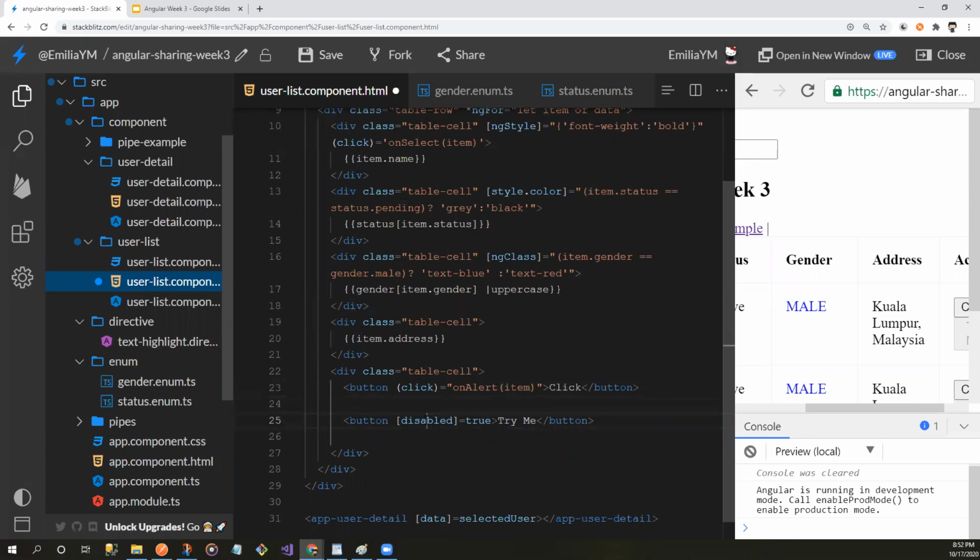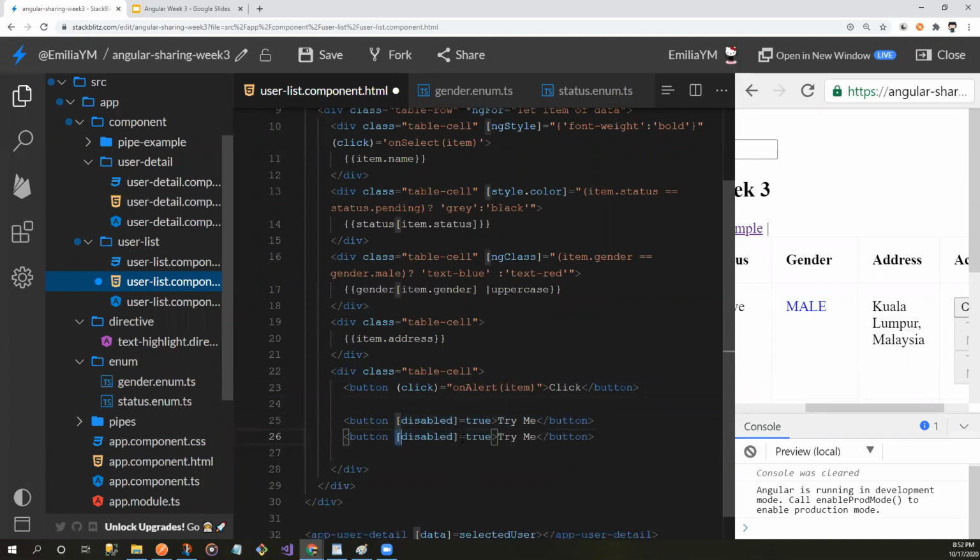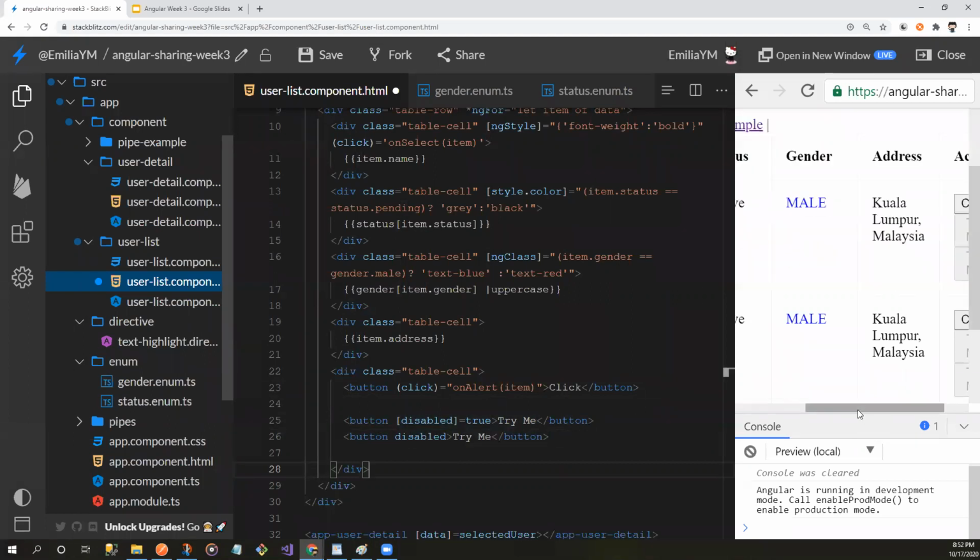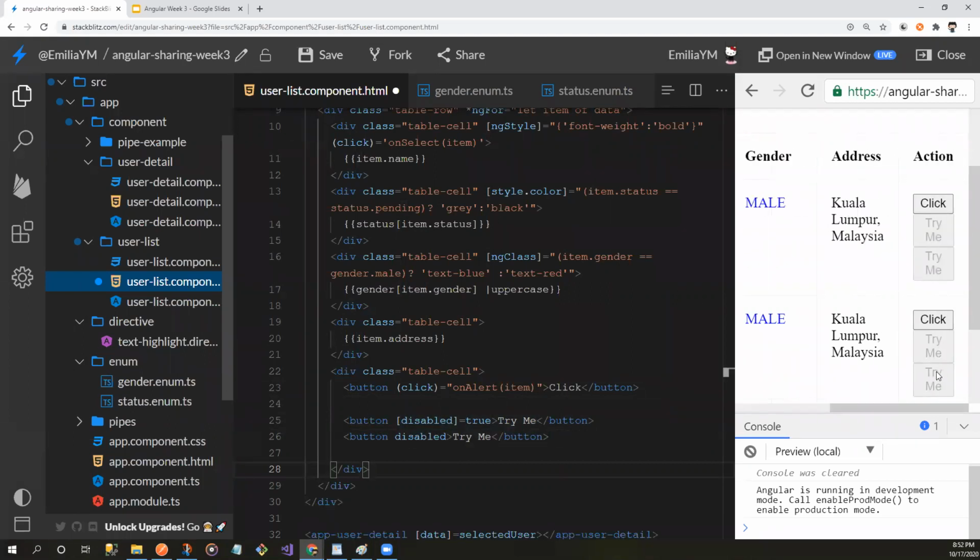Okay, this one is the attribute for the button. For example, we also can have it like this, and then disable. We don't need to set it like this, we can set it like this. Actually, both come to the same result. Disable. And why are we using this? Because,